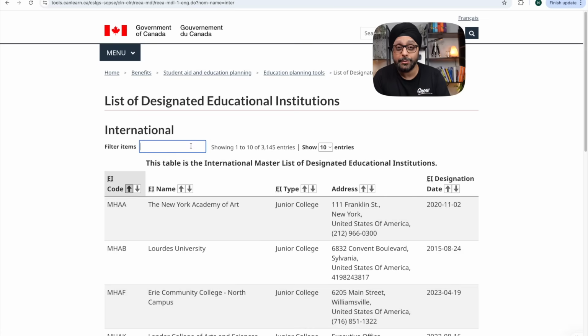So if you are trying to send your kid to India for higher studies, then make sure that you are looking at this list, whether the RESP grant or the accumulated income can actually be used towards that education or not, but it has to be in that list, and only then can you use the RESP grant. And this is a very comprehensive list. Most of the good colleges and universities are here, both in Canada and internationally. But yeah, hopefully this will answer your question of whether RESP can be used internationally or not.